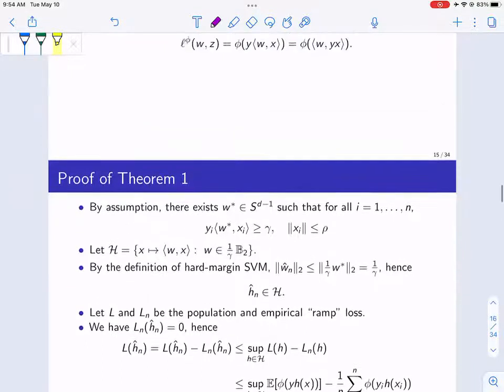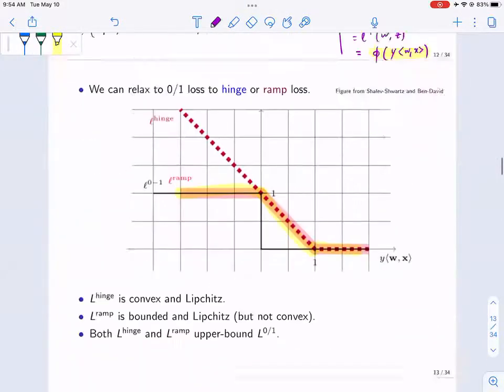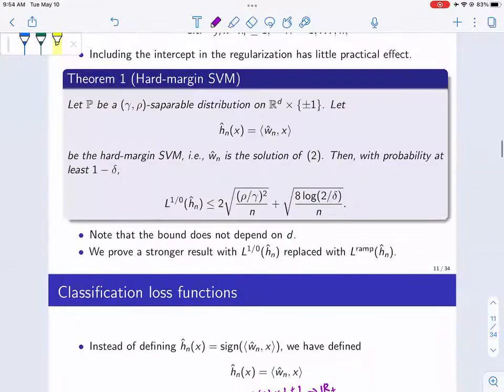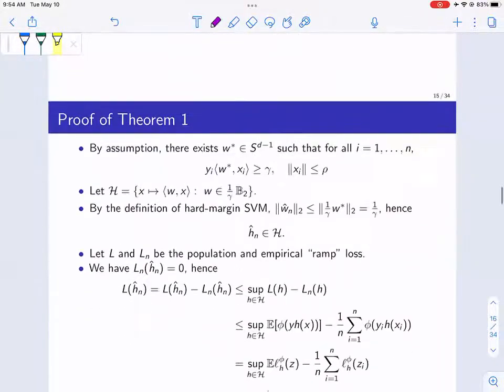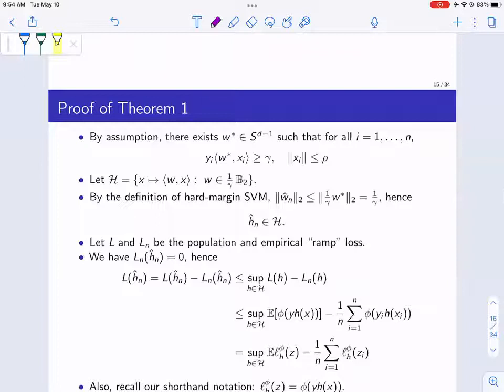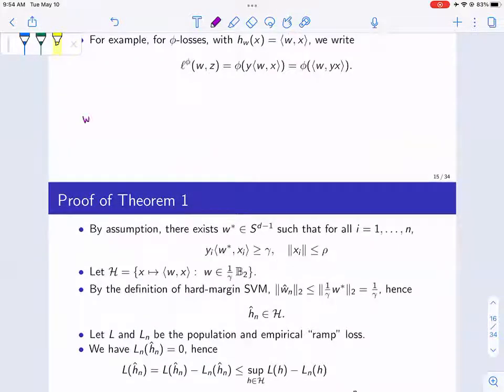Okay, so now we're going to prove, so we actually started proving this result last time. So what we have here is the notation that I'm using here. This is the loss applied to this without the sign. So that's the first notation that we use. By assumption, if you recall, w hat n is the solution of the following problem. So w hat n is basically the argmin over w of norm w